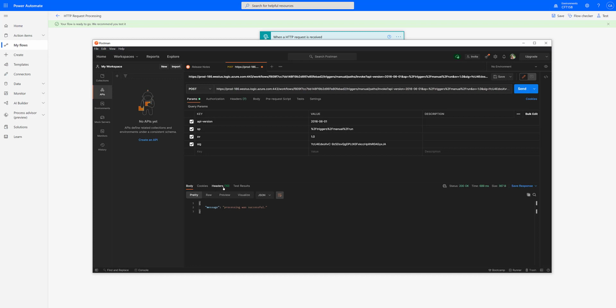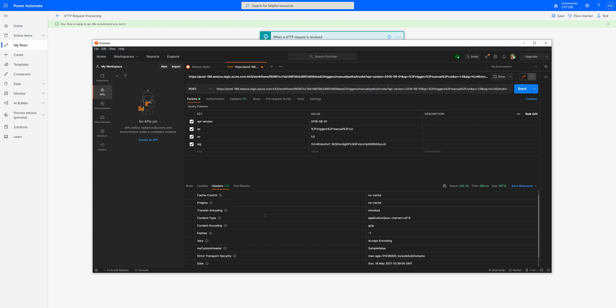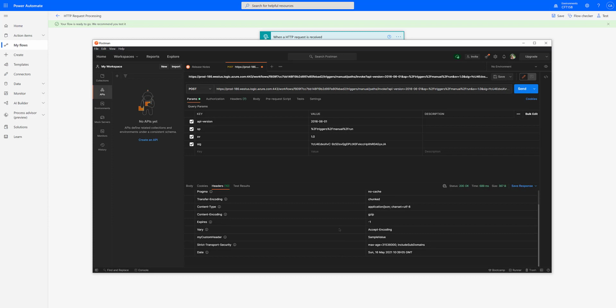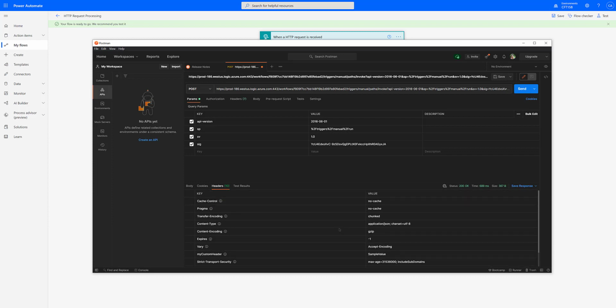Now as you can see, only 10 headers are received. And if I go and check what these headers are, including the custom header that I sent, all the other headers which are only minimal and are required are sent back. Hence you hide all the flow critical information while sending back an HTTP response.